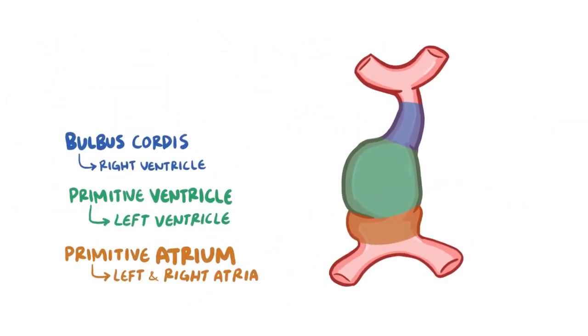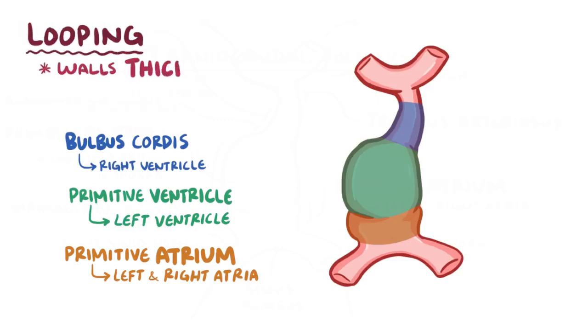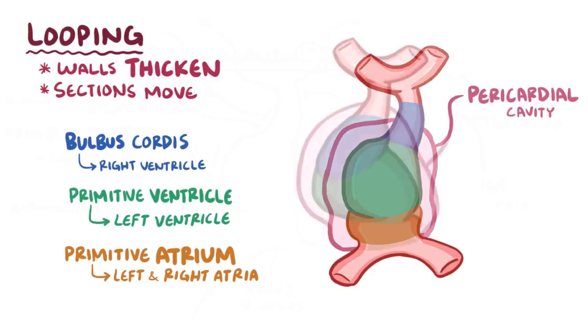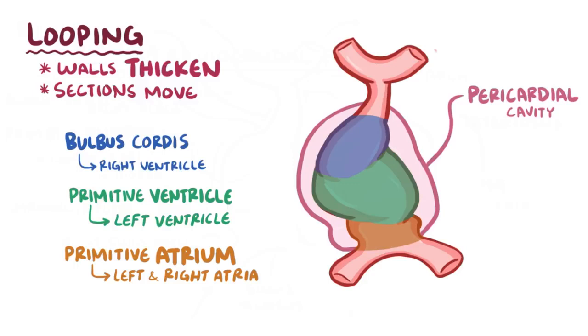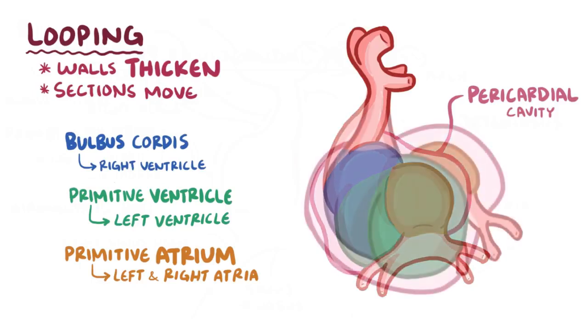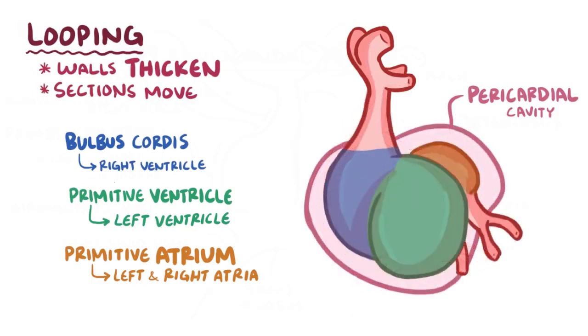So during week 4, the heart tube undergoes looping, which is a way of saying that the tube gets longer, its walls become thicker, and sections of the heart move around so that they end up in their right place. The heart tube's held in place inside the pericardial cavity by blood vessels at both ends, so looping starts with the heart tube folding into a C shape. The truncus arteriosus and bulbus cordis move down and to the right to form the top portion of the C, while the primitive ventricle bends to the right of the midline and a little to the front, forming the middle of the C. Finally, the primitive atrium and sinus venosus form the bottom of the C and snuggle deeper inside